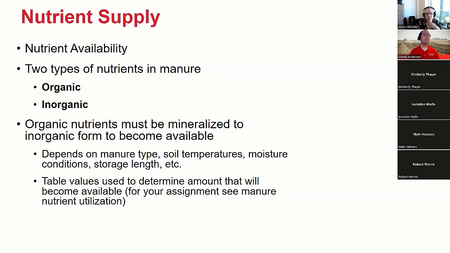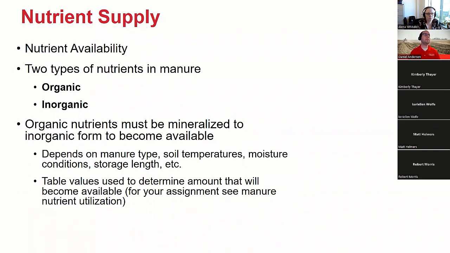It can work to our benefit. The challenge, though, is that what we really want in our cropping system is to match that nitrogen becoming available with when the crop needs it. And organic nitrogen is a little unpredictable. It's dependent on the weather, on rainfall, how quickly it will become available to our plant. Because of that, it's sometimes nice to have some inorganic nitrogen as a starter fertilizer to really get it going.